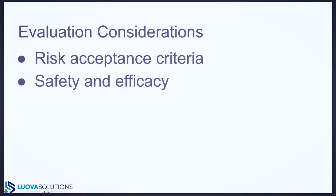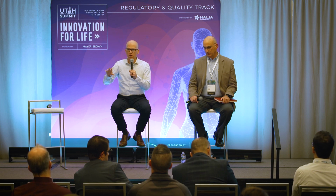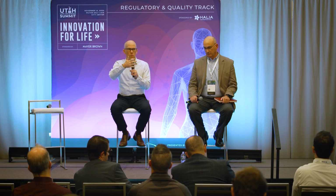So I didn't put it on the slide, but I usually create a 1 by 5 matrix, where we have exploitability and impact, and then I have parts of it that are considered low risk, and those are generally acceptable. Parts that are considered moderate risk are only acceptable if other risk control measures can't be implemented, or if it might impact the benefit of the device, and then there are risks in there that are unacceptable no matter what. And so I have that criteria specified in our evaluation criteria, and then apply that to how we scored the